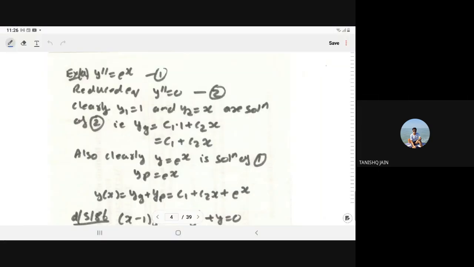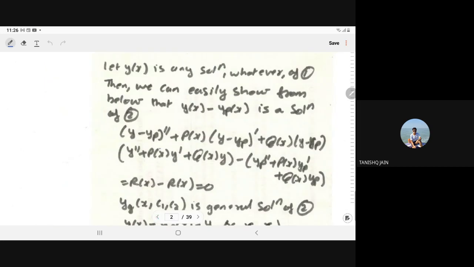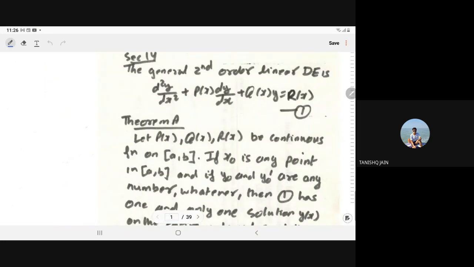In chapter 1, we have studied the first order differential equation. Now we will move to the higher order differential equation, or explicitly the second order differential equation. So in chapter 2, we have mainly the second order differential equation, but you will get the idea how to solve other higher order differential equations. So in this chapter, we will study only the general second order linear differential equation.